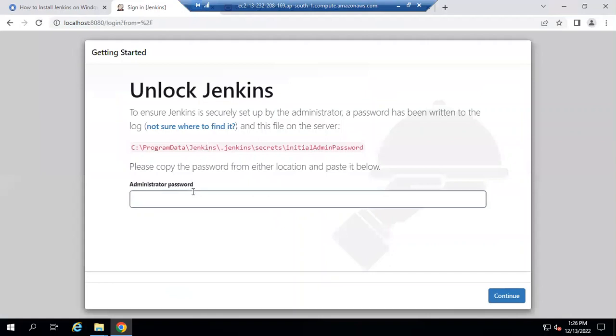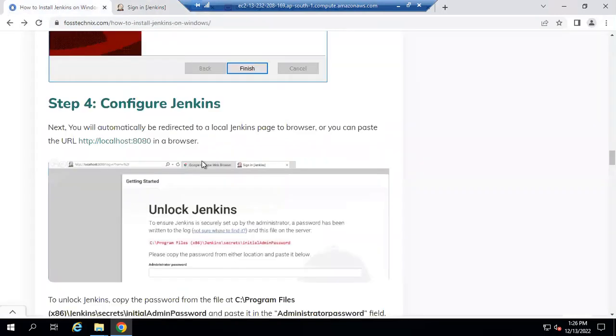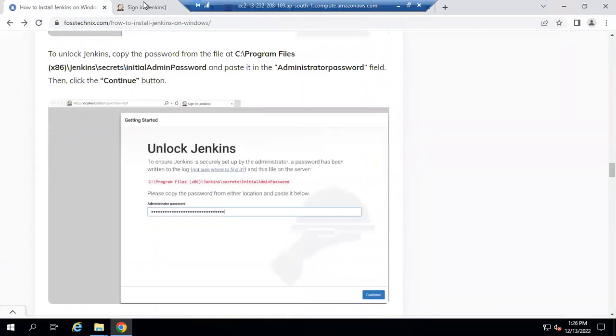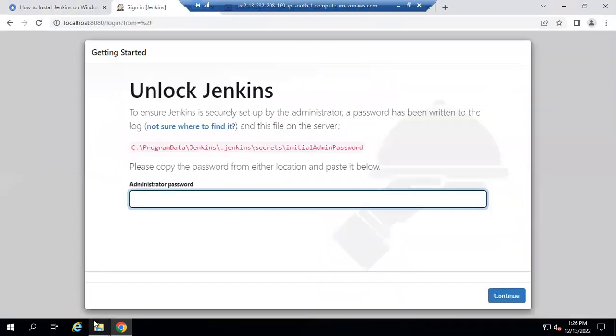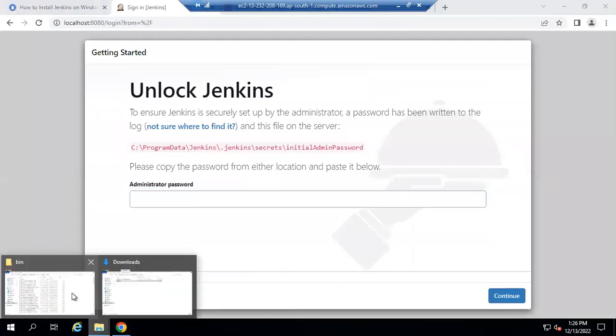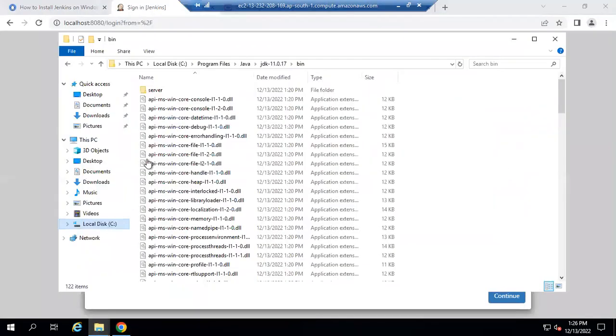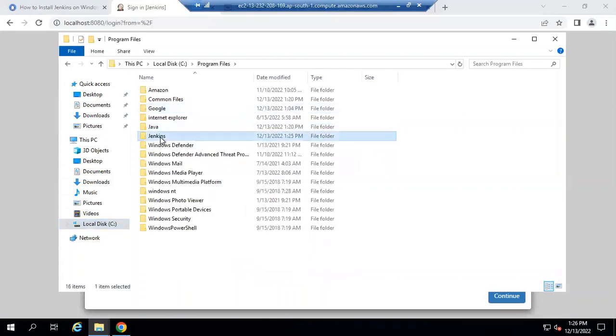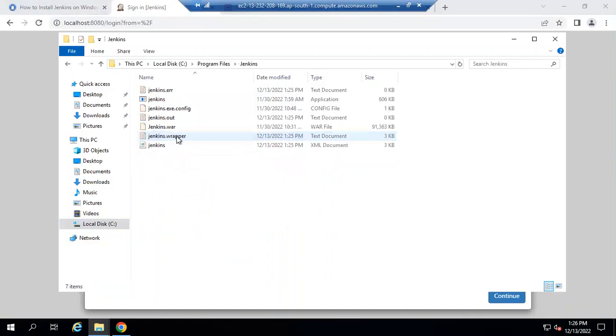Now it will ask for the administrator password. So where is the password? So in my article you can see here, next you will reach this site automatically, and after that enter your administrator password. So where is the password? So go to the C drive, then program files, and here is our Jenkins folder. So go to the Jenkins and go to the Jenkins.err file,